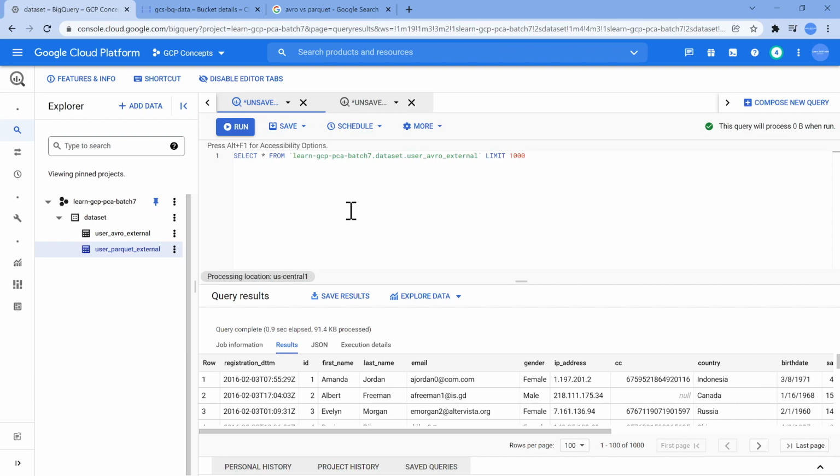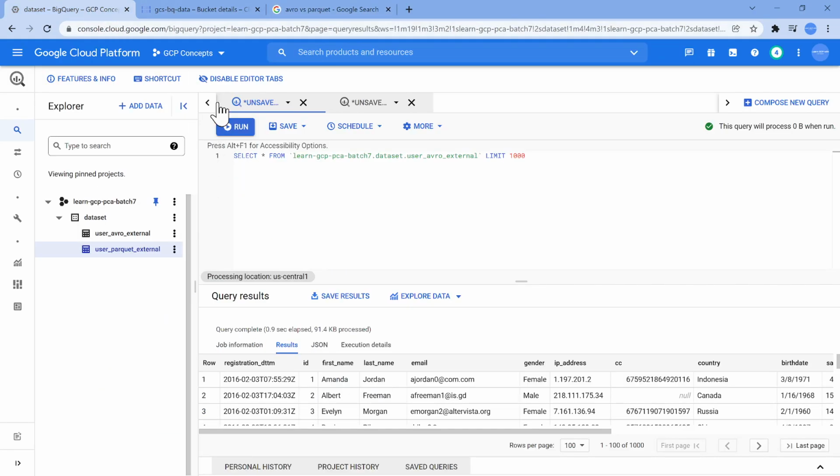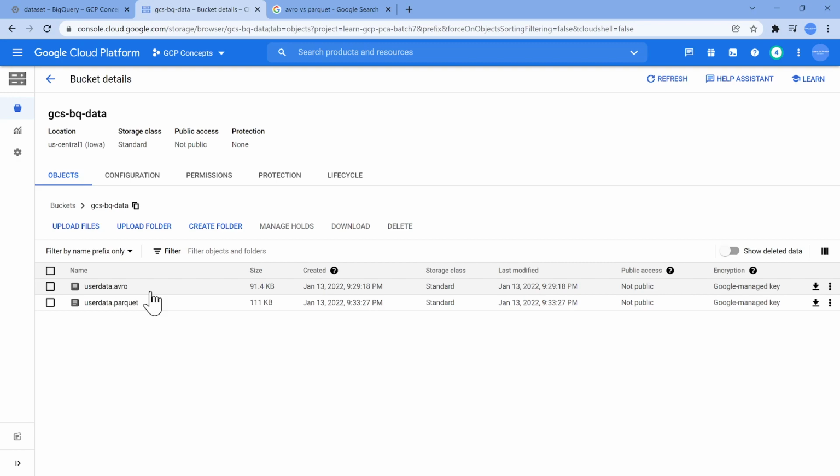Why this is, it boils down to something simple. Avro formats are row based formats, versus Parquet formats are columnar based. So that's the answer, which is going to be a good one. So going back to the question, if it is Parquet format, it's going to be a good choice. And the same thing applies to ORC file formats also. So even those are columnar.